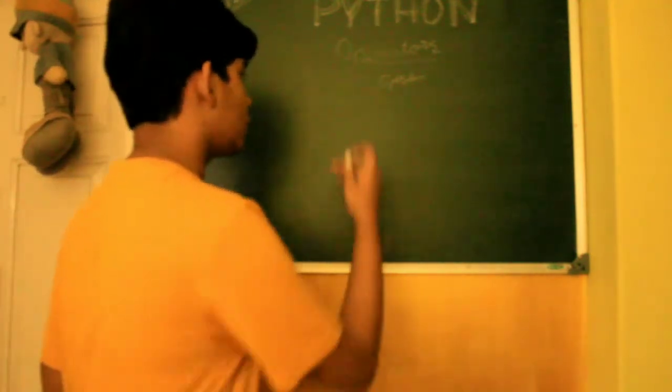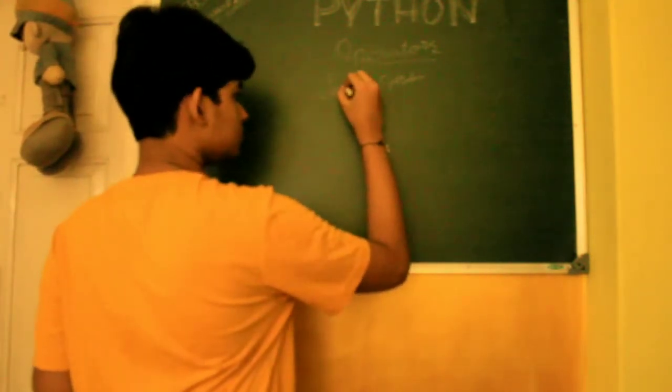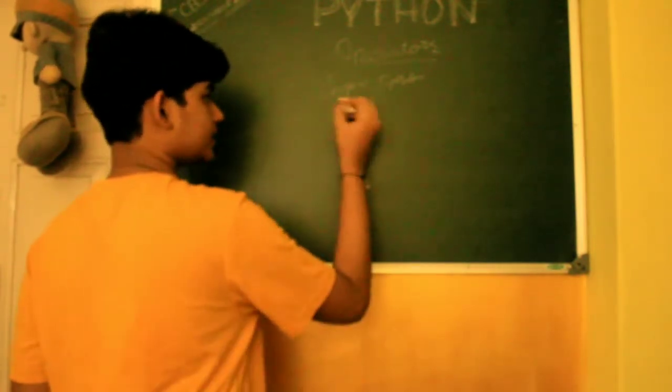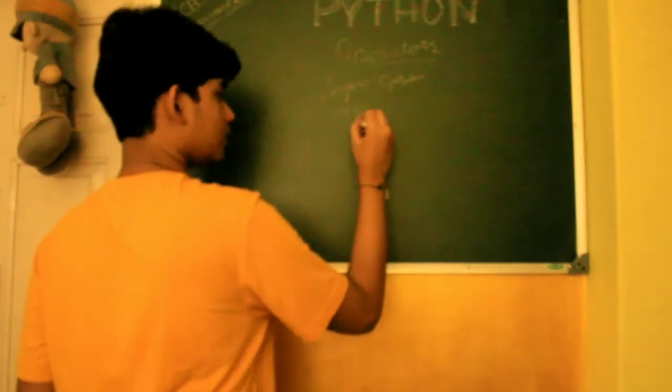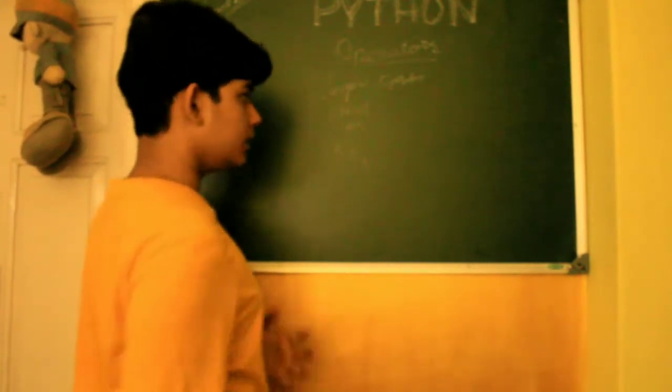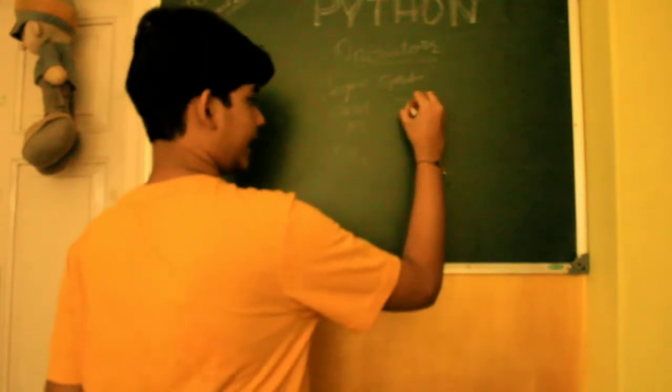Let's talk about logical operators. So we have three main types of operators in logical, which are AND, OR, NOT. They can be used to specify a variable. So for example, you can say something like x,